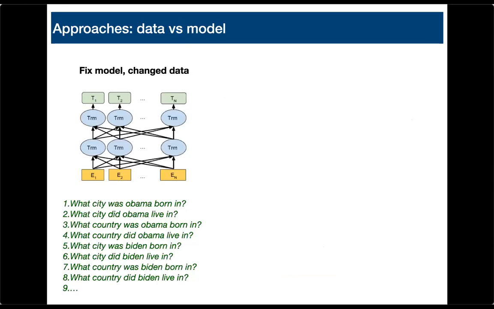So what should we do to try to address this mismatch? Well, there are two possible approaches. The first is to fix the model and just change the data. If we expose our models to enough data that shows how different compositions result in different labels, then maybe eventually the solution that our model learns from the training data will be the one that compositionally generalizes. But this might require a lot of data. There's some evidence for that. And this explodes combinatorially with the number of compositions.